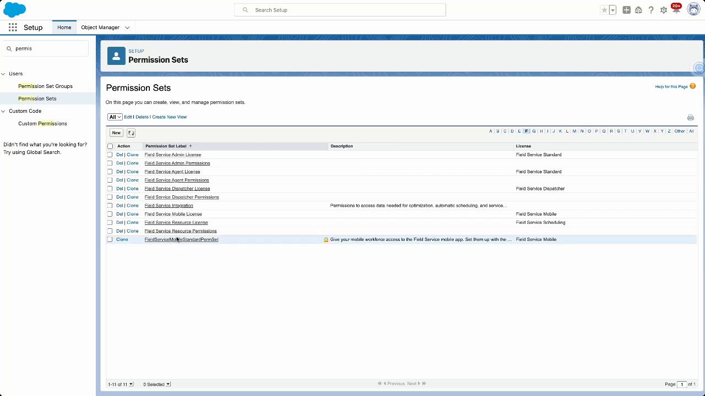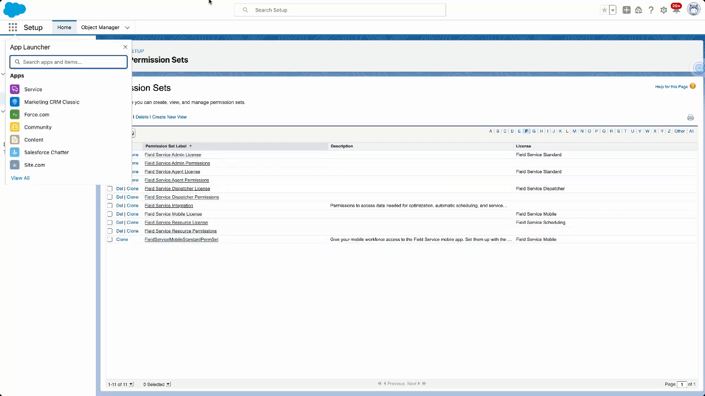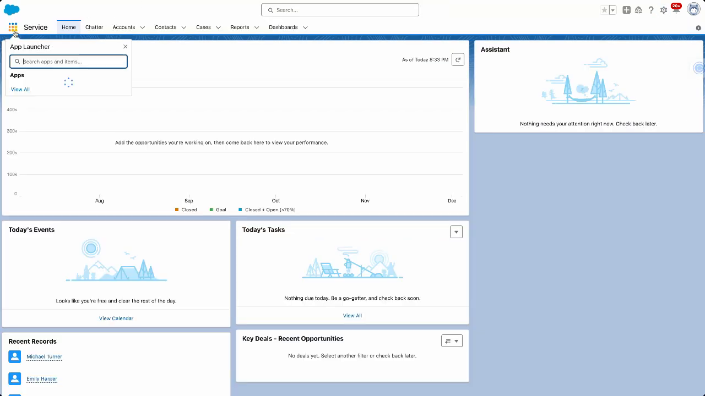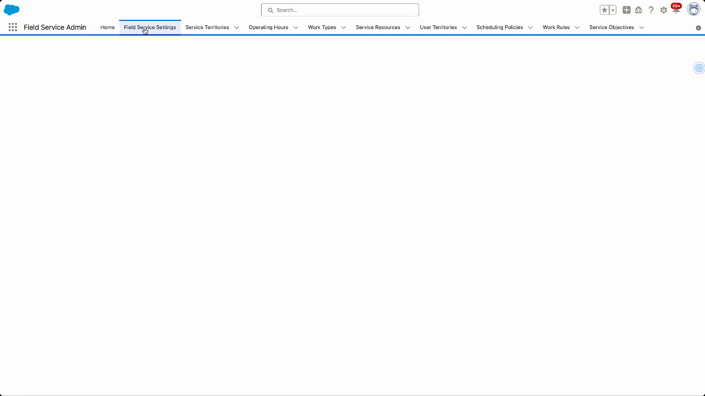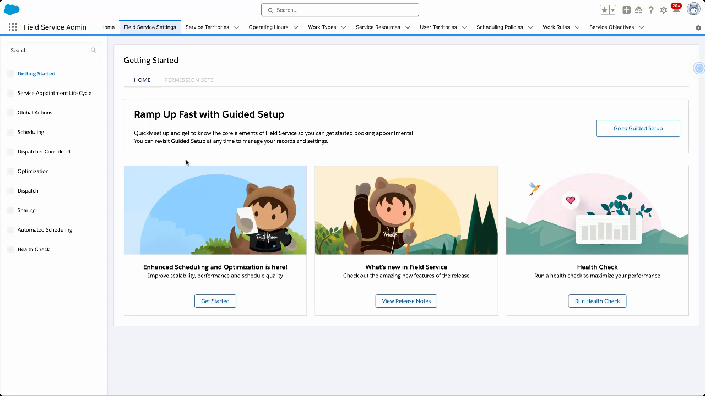Now, to enable the remaining permission sets, what you want to do is you want to go to the field service admin settings. So let's launch the field service admin app launcher. If you go to field service settings, go to permission sets,